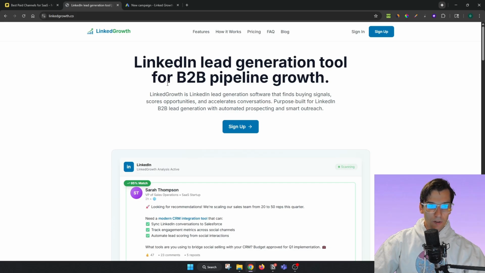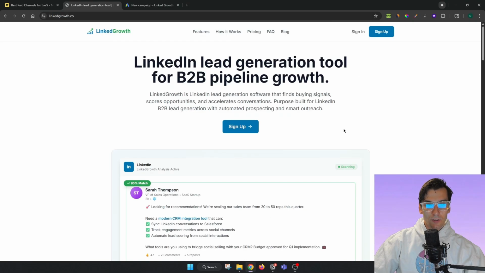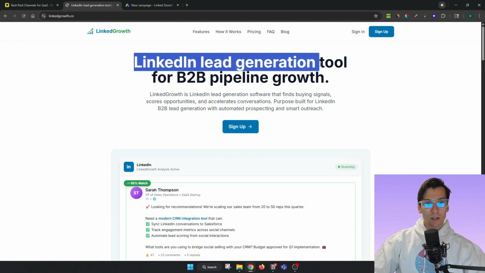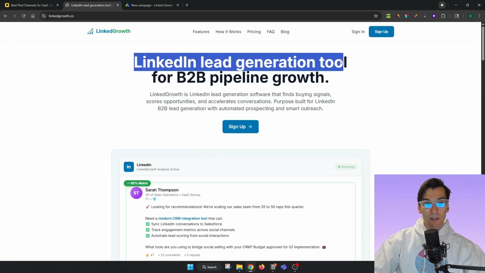Here it was extremely profitable, but the copy that you write in your Google Ads campaign has to perfectly match what you're showing here, because you have to consider your landing page as storytelling. First, you have to stop their attention with the keyword-based pain point. You have to identify their pain point, and when they have an aha moment, like, oh yeah, I have this problem, I'm going to go here. Your first line is the most important thing here, and this is a LinkedIn lead generation tool. People search for this keyword, and in my copy and my ads I identify their problems, and when they have the aha moment, they click, I show in one sentence what my product solves, and I go into the details.